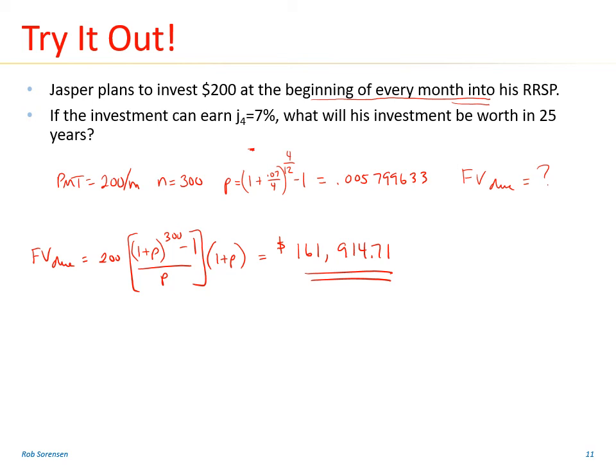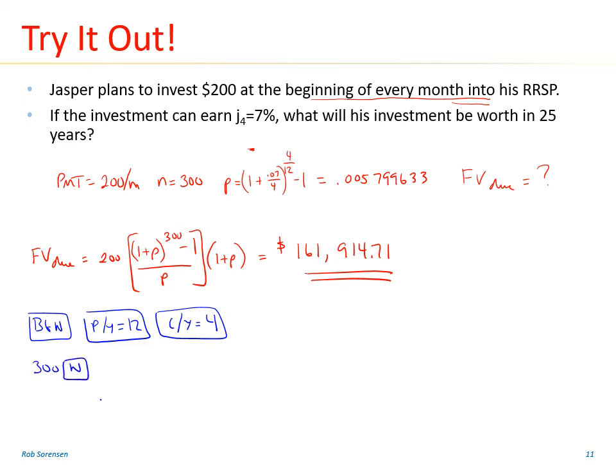Could you use the calculator buttons instead? Of course, just like we just learned. If you'd rather, you could go in, make sure you're in begin mode. Payments per year, that's 12, and the compounding per year, that's 4. So we'll set those things up. That's kind of our basic setup. Then you could go ahead and put in 300, press N. Let's see, the next key along, we'll go ahead and put in the interest rate of 7%